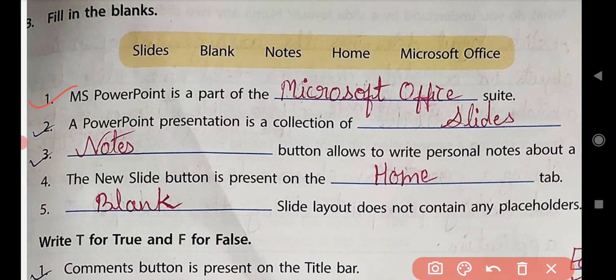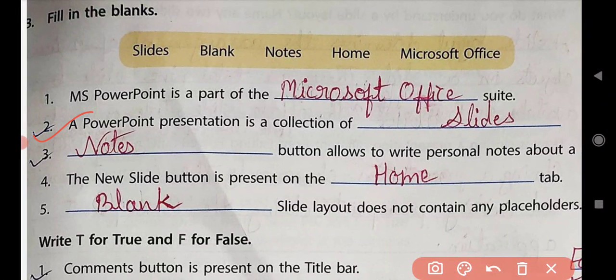MS PowerPoint is a part of the Microsoft Office suite. Spelling is M-I-C-R-O-S-O-F-T, Microsoft, O-F-F-I-C-E, Office. Now come to the next, it is the second one.